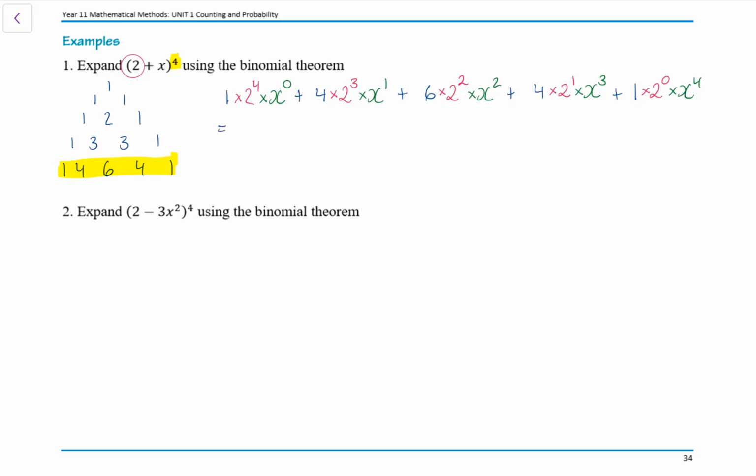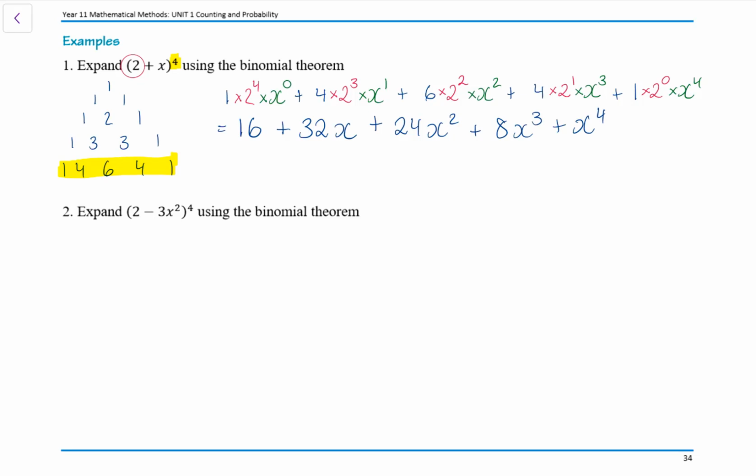Okay, so what we have now is 1 times 2 to the 4. 2 to the power of 4 is 16, and x to the power of 0 is 1. So that's 16, plus 4 times 2 cubed. 2 cubed is 8. 4 8s are 32, x. Plus 6 times 2 squared. 2 squared is 4. 6 times 4 is 24, x squared. Plus 4 times 2 is 8, x cubed. Plus 2 to the 0 is 1, so we've just got the x^4 at the end,